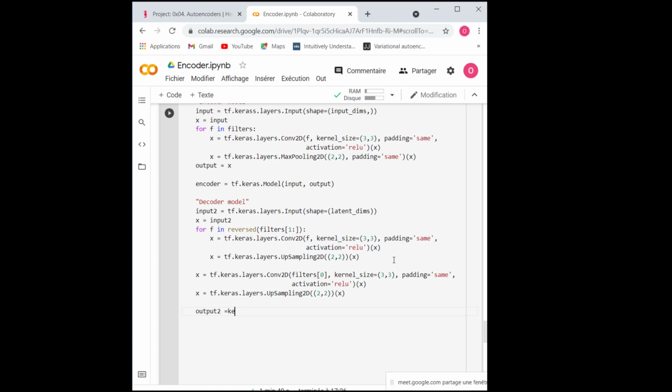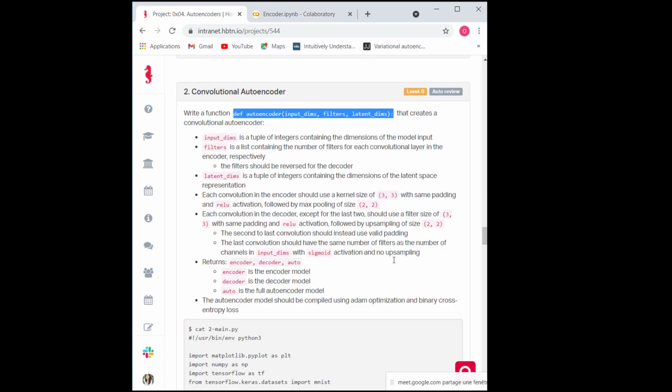My output 2 will be a convolution layer. My last convolution should have the same number of filters as the number of channels. So we need to take the number of channels of my input as the number of filters, and then I would use the sigmoid activation function.